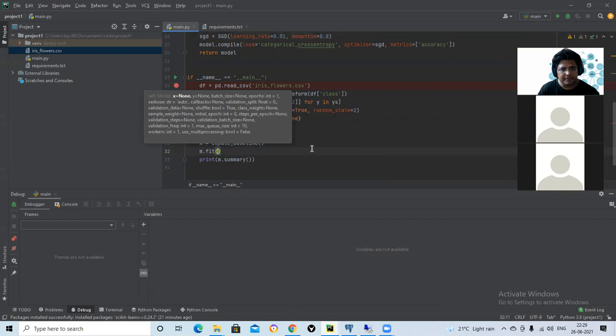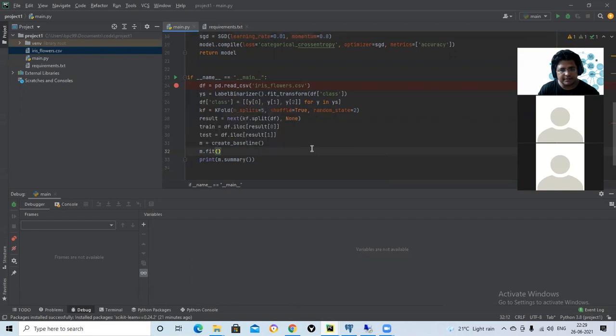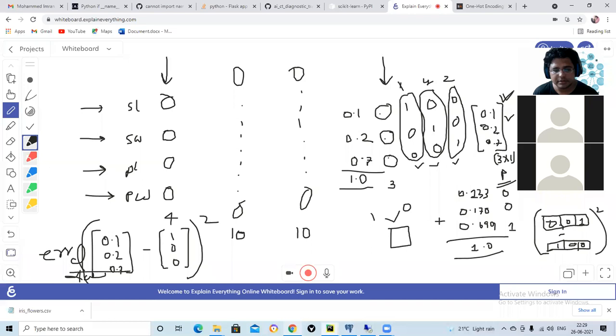X. X is, so I have to get these 4 rows from here. So how will I get the 4 rows from here? Just a minute.